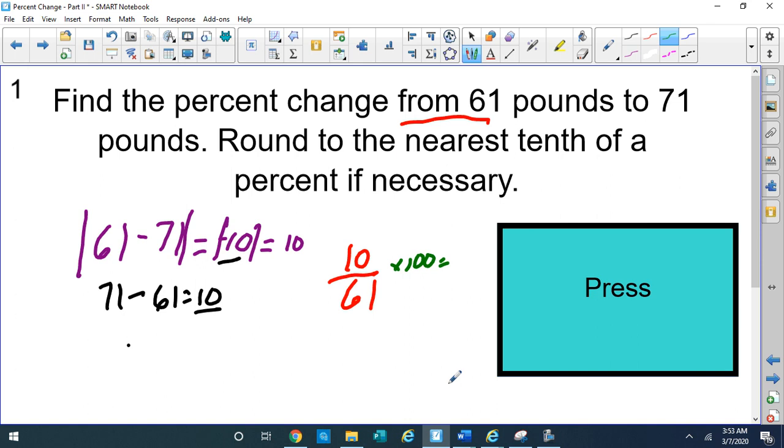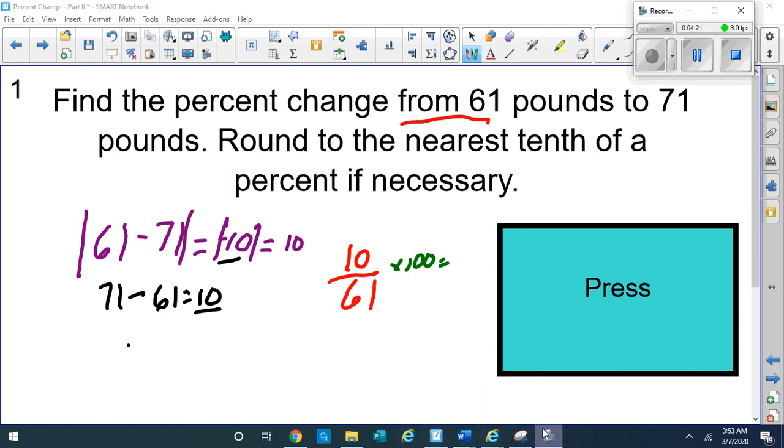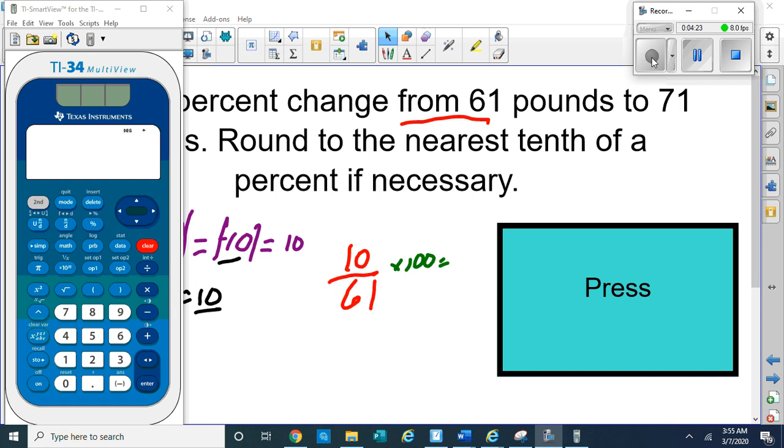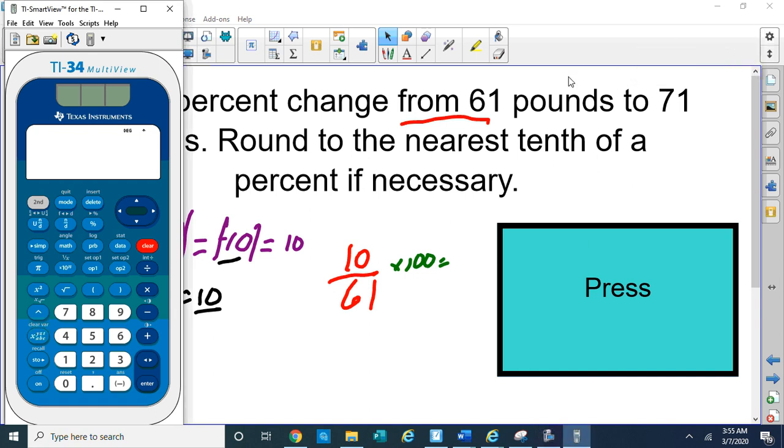Now all I need is a calculator, so bear with me while I get my calculator. Okay, I got my calculator. So let's type in our fraction, 10 divided by 61, or 10 ABC 61. I can use the ABC button, but I'm going to avoid that by using the division button, because I want to get my answer as a decimal since I have to round off. So I'm going to multiply that by 100 and get an answer of